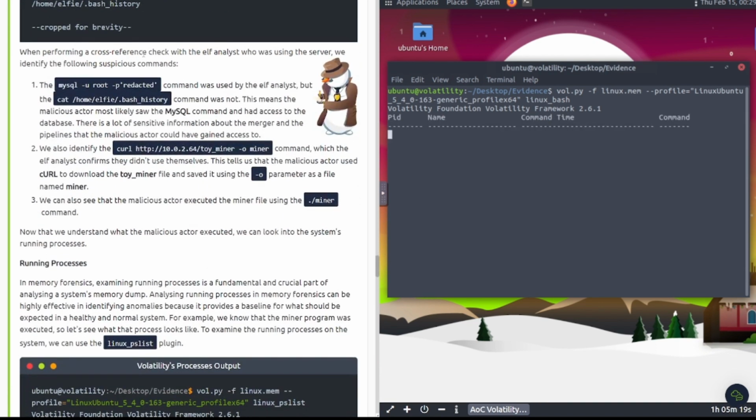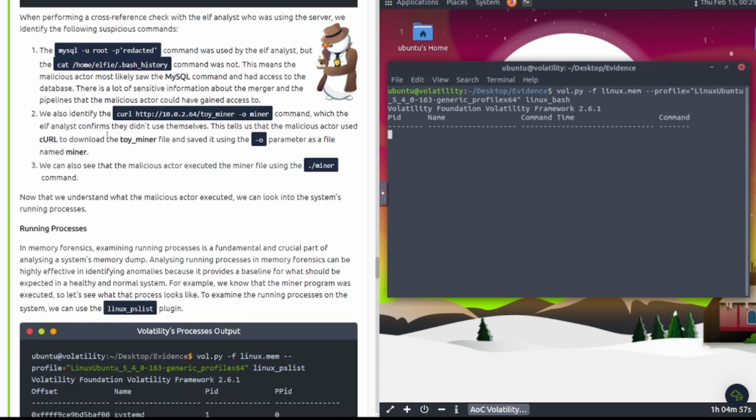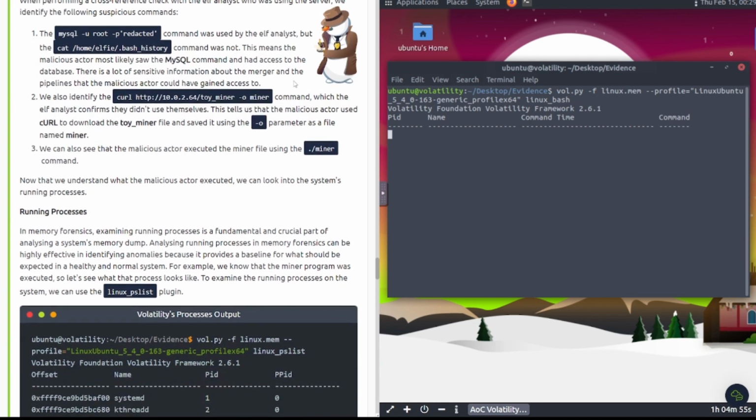When performing a cross-reference check with the ELF analyst who was using the server, we identify the following suspicious commands: the mysql -u root -p redacted command was used by the elf analyst, but the cat /home/elfie/.bash_history command was not. This means that the malicious actor most likely saw the MySQL command and had access to the database. There's a lot of sensitive information about the merger and the pipelines that the malicious actor could have gained